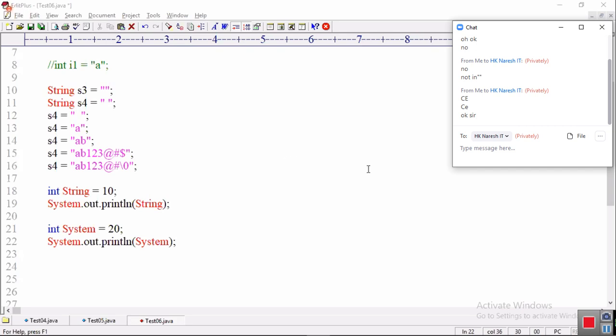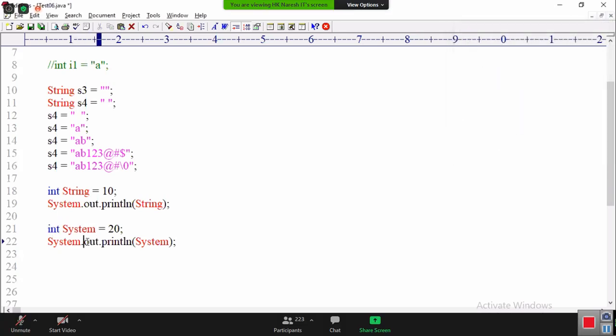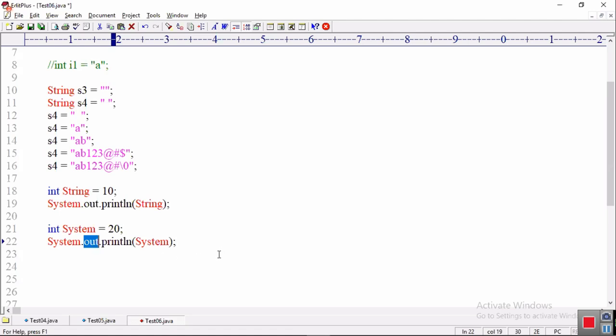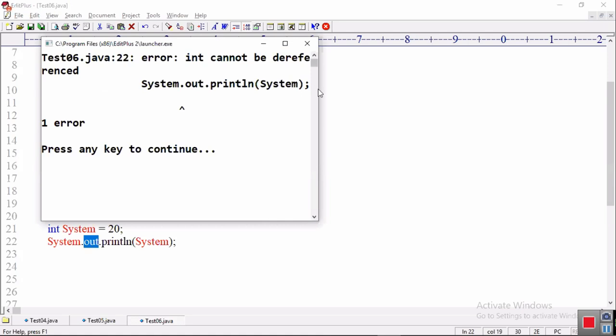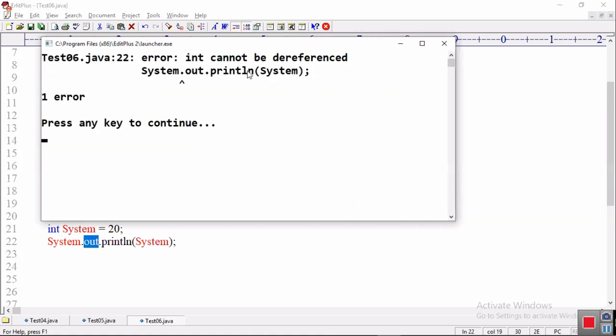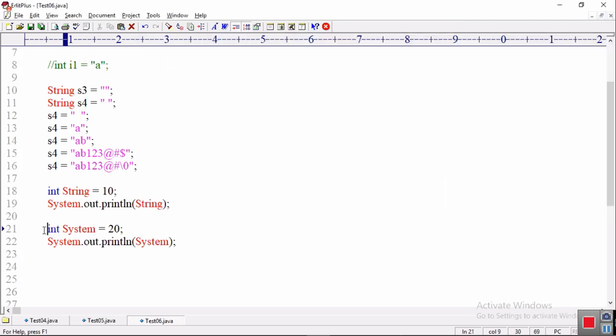You have to consider every word as very important. The compiler will throw an error. You cannot use the system int variable to call out. It will throw in Java English: int cannot be dereferenced. The compiler will throw an error. Int cannot be dereferenced because system is a variable of what type? Int. Tell me, how can we solve this problem?